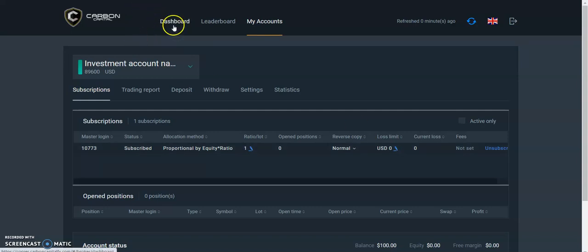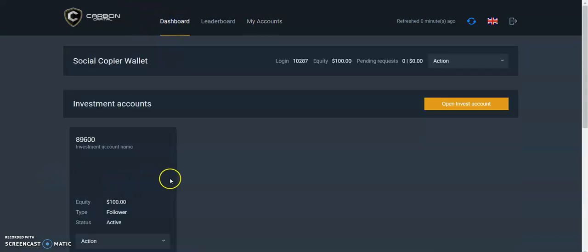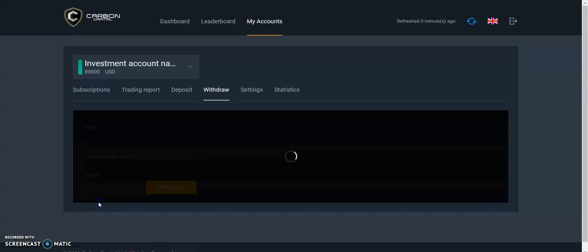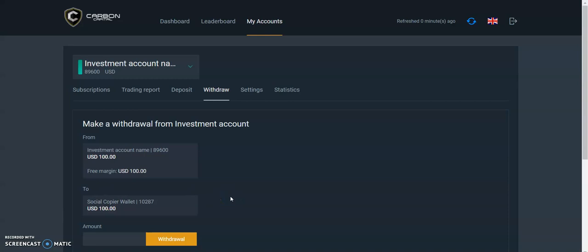Then the next thing we're going to do, we'll go back to dashboard. And now that we've unsubscribed from the trade copier, we will now click on action again and we'll click withdraw. And we want to withdraw all of our funds and put back in the social copier wallet. Although it says $100 here, which is exactly what we want to withdraw, we can't withdraw anything yet until we tell the system how much we want to withdraw. So we're going to withdraw $100, our entire account funds. Click the withdraw button,